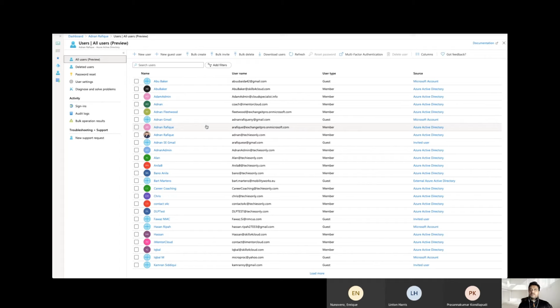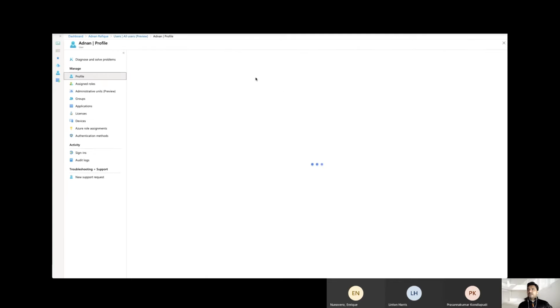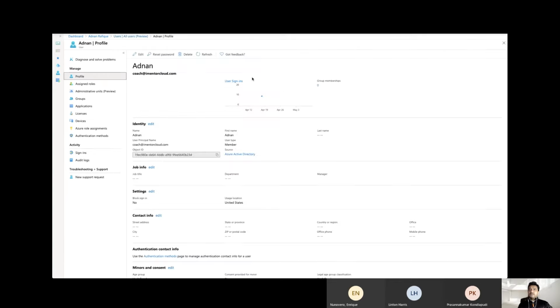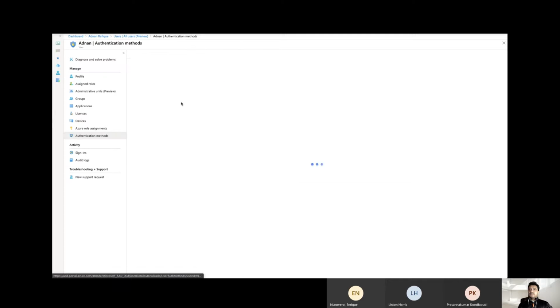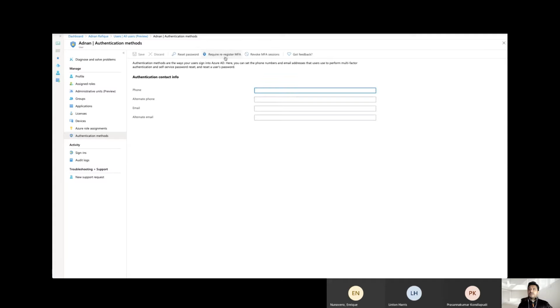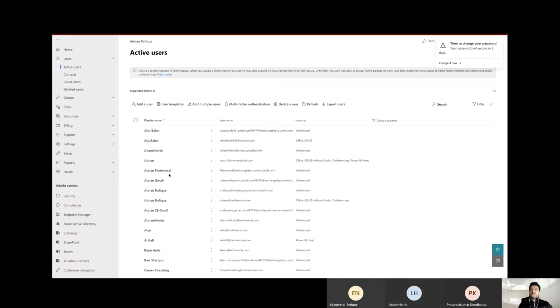secured with MFA. So if you select an account here, for example, we'll be able to see the authentication method here, and then require re-register MFA, revoke MFA. If I want to, I can have the user re-register MFA. So these are the controls you can use. But if you do not have access and you have only Office 365, same thing, you can come here and we should be able to do it from Office 365 as well.